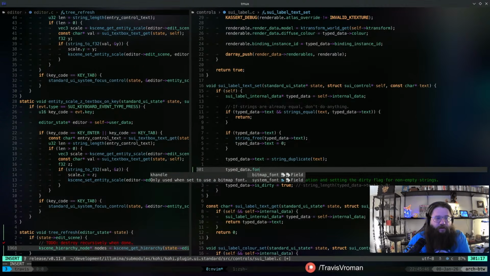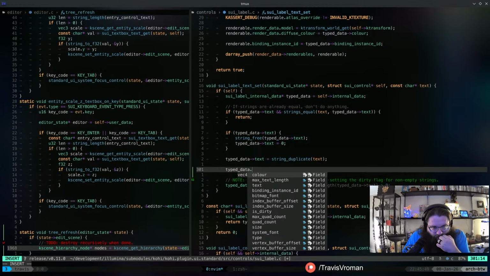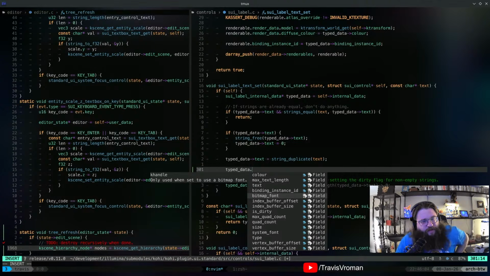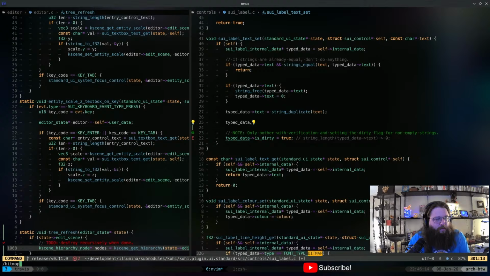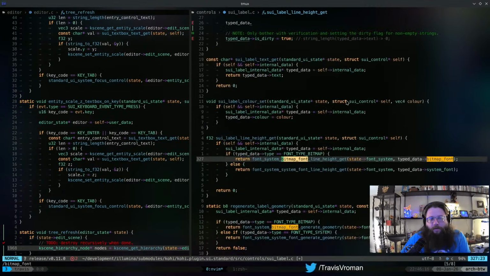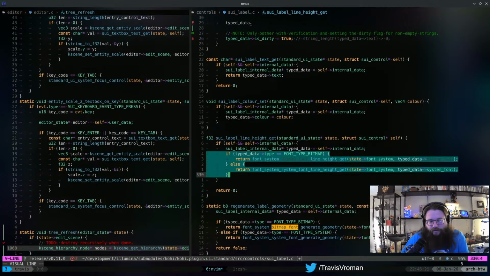How do we know which one? Let's see, do we have system font variant or bitmap font? I'm using a K handle for that. Oh, here we go. Okay, so this is essentially what I need to do.